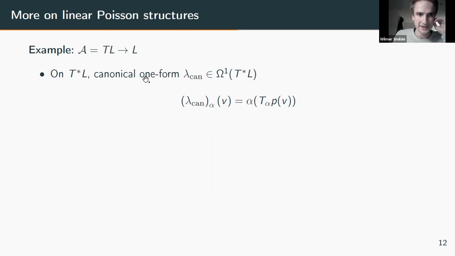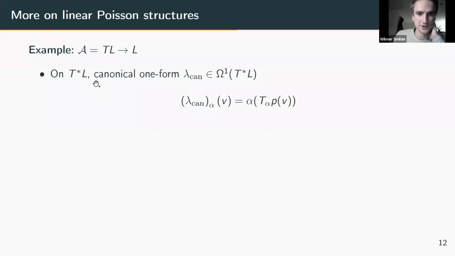So yeah, the canonical example for linear Poisson structures is the one that is dual to the tangent bundle. And I want to go over this in slightly more detail because this will be important next, where we generalize it to other algebroids. So this TL, the tangent bundle of L, well, it's a Lie algebroid. It's basically the basic Lie algebroid. So this means that on T star L, we have a linear Poisson structure, but this can be described in a different way.